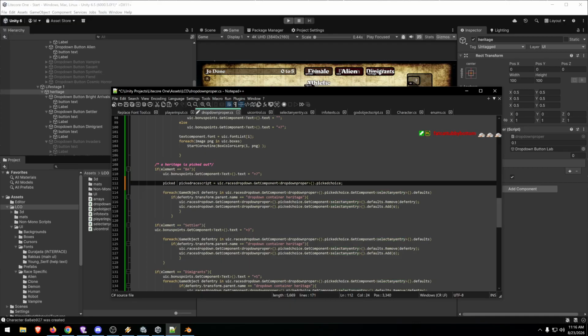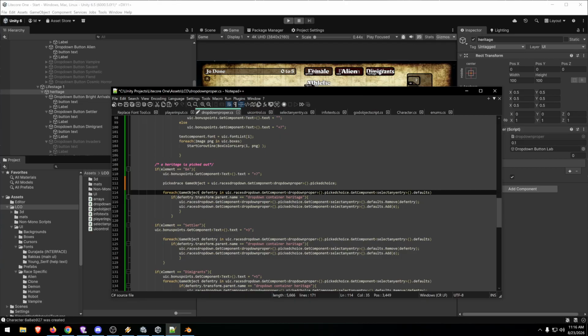Yes. Picked race. No, picked race is going to be a game object. I'm almost certain. Picked race is a game object and is going to be the pick choice in the races drop down. Straightforward. And then for each default entry